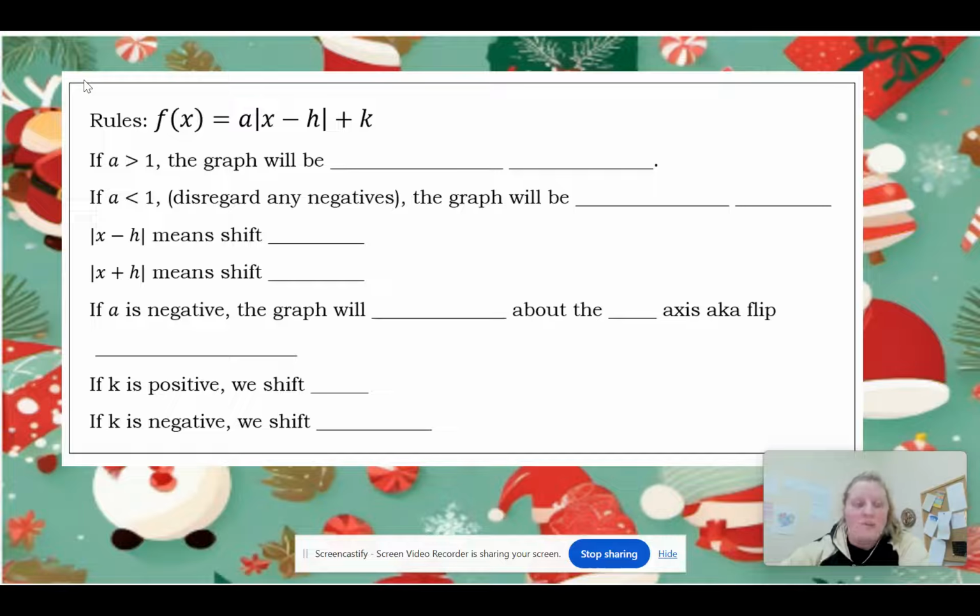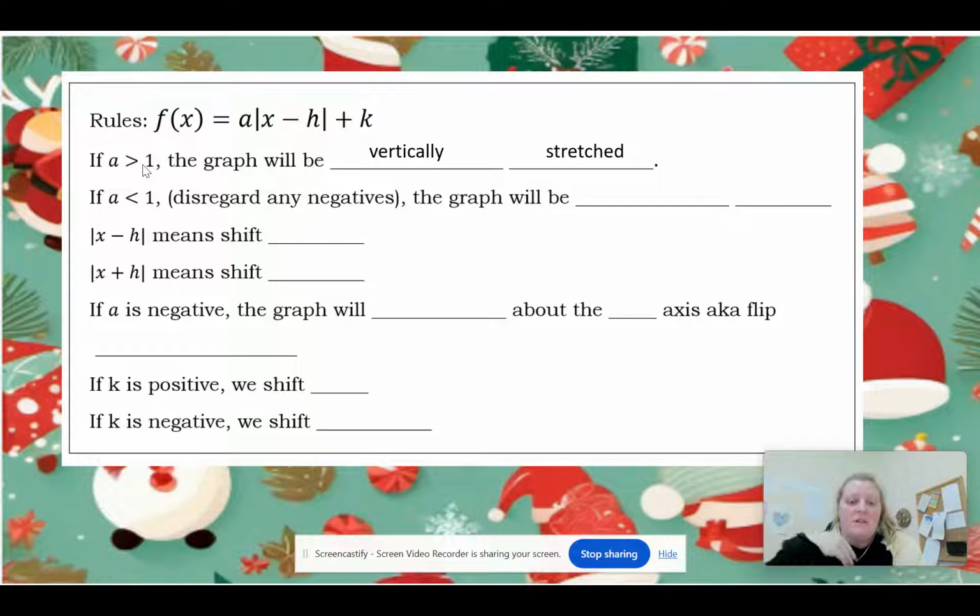Today we're just going to recap some of the rules that we learned in our last lesson. So given the formula for the graph of an absolute value function, we have a couple rules that we discussed. Rule number one is if the a value, the number in front of the bars, is bigger than 1, so like if it's 2, 3, 4, 5, etc., what you're going to have is a graph that has been